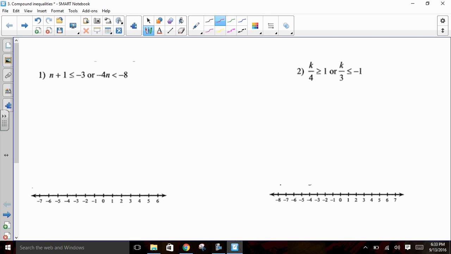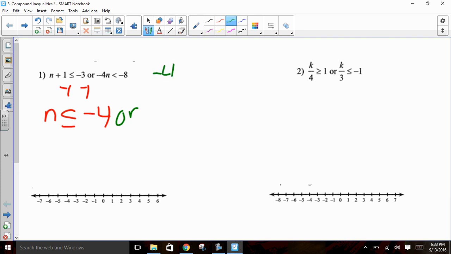So we're going to approach this just like a regular equation. We just have two of them. So on this first one over to the left, I have n plus 1 is less than or equal to negative 3. I'd like to get n by itself. So I'm going to subtract 1. So n is less than or equal to negative 4. Or